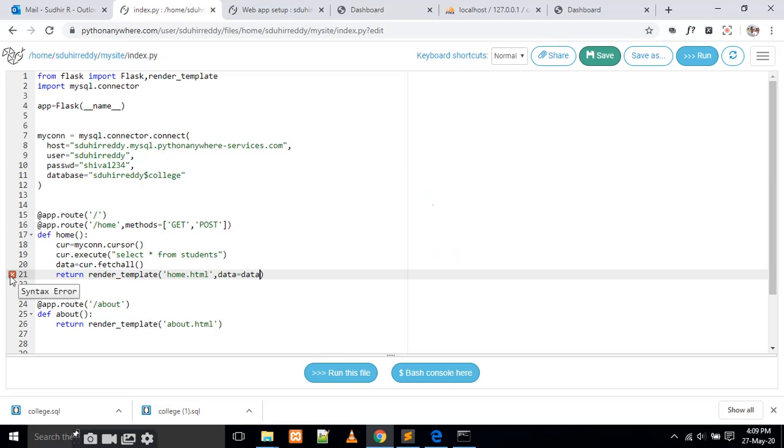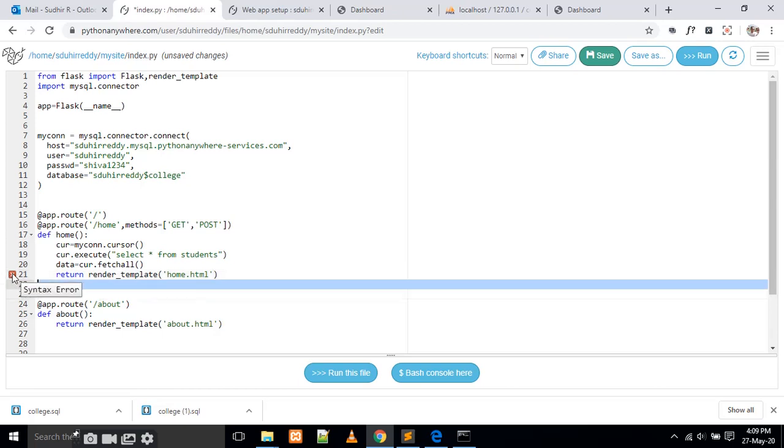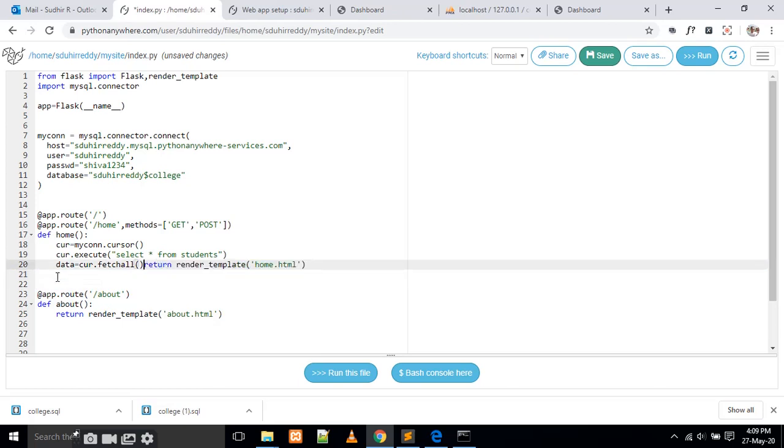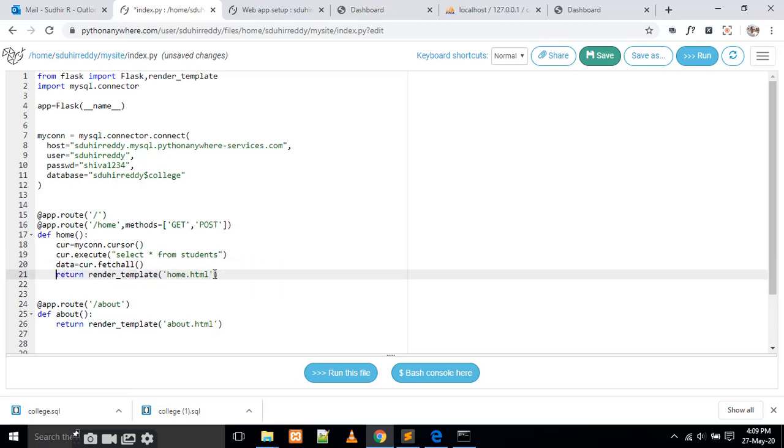Yes, what is it showing? Syntax error. Data is equal to data. I am going to save it. Yes, there are no errors here.